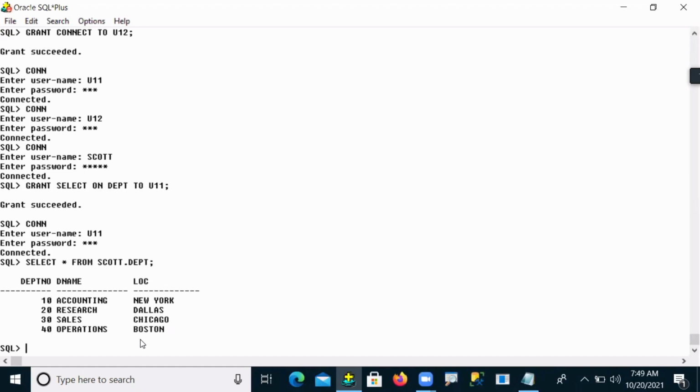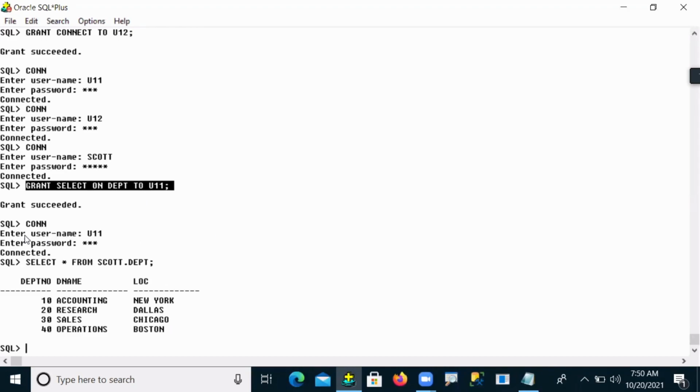But here, carefully observe, the admin gave the grant select permission on the DEPT table to user 11 only, not user 12. So user 12 is not getting any permissions on this table. Only user 11 gets the permission from the administrator.